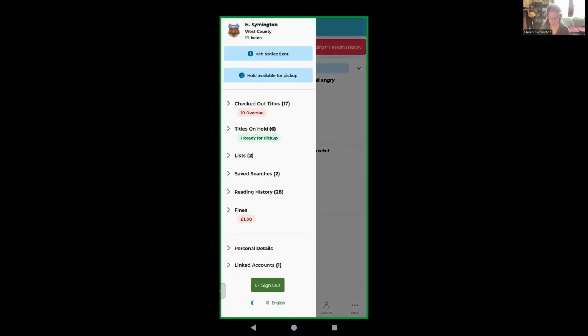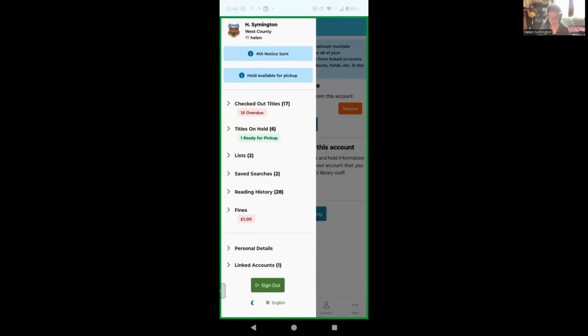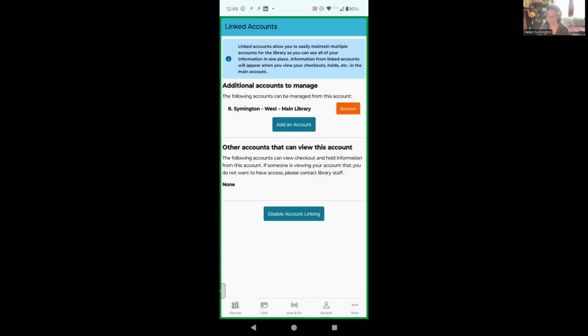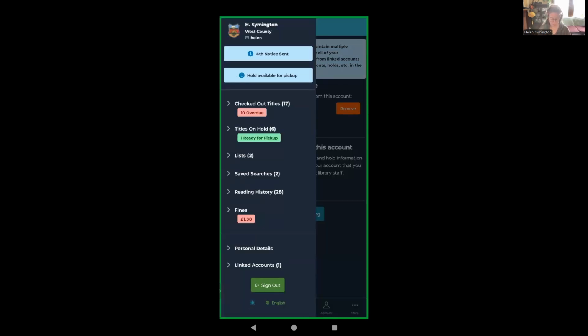Then if I go back to my account, you can just see my personal details, which are very minimal for me at the minute. And you can see my linked accounts, which is our Symington. I could add another account if I wanted to, say create an account for the pheasant in my garden. I could create an account for them, or I could just remove them all. And I can sign out. I can change my language here, and we have Welsh and German, or I could change it to dark mode. Generally, I prefer things in dark mode because it's easier on your eyes, but I will switch it back to